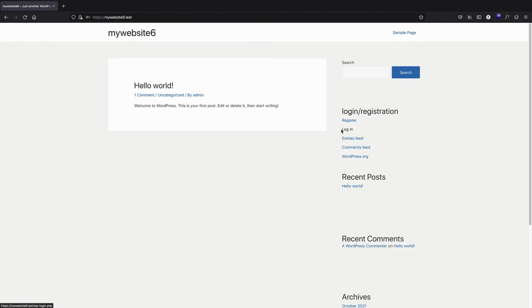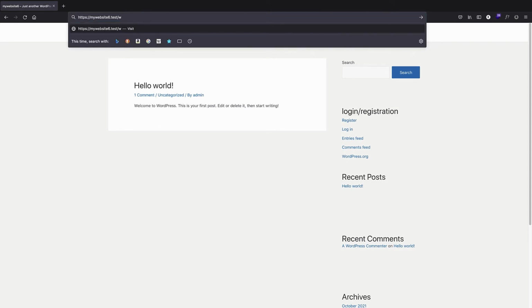And also, we have other links here that we really cannot edit, and when people register, they are usually guided to the back end of your website. Of course, they have very limited options there, but it's really confusing. And for these purposes, you most of the time want to use a plugin,